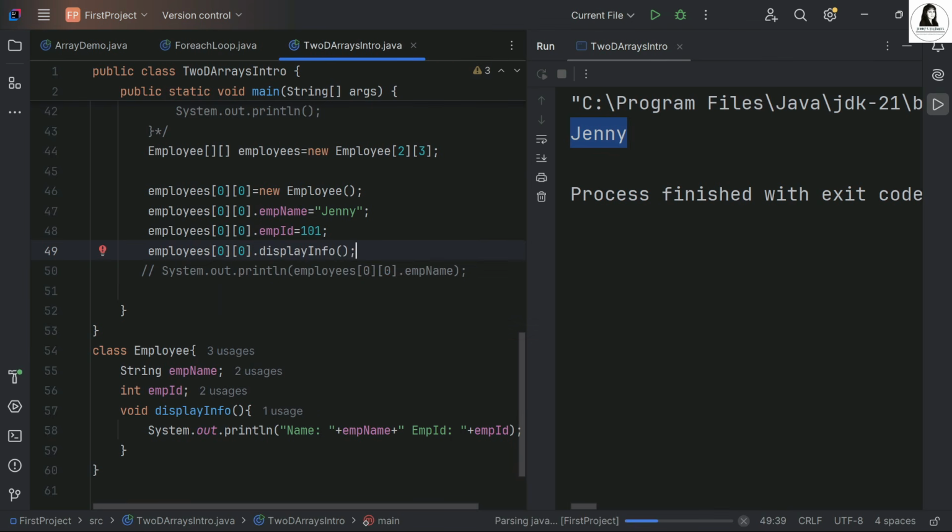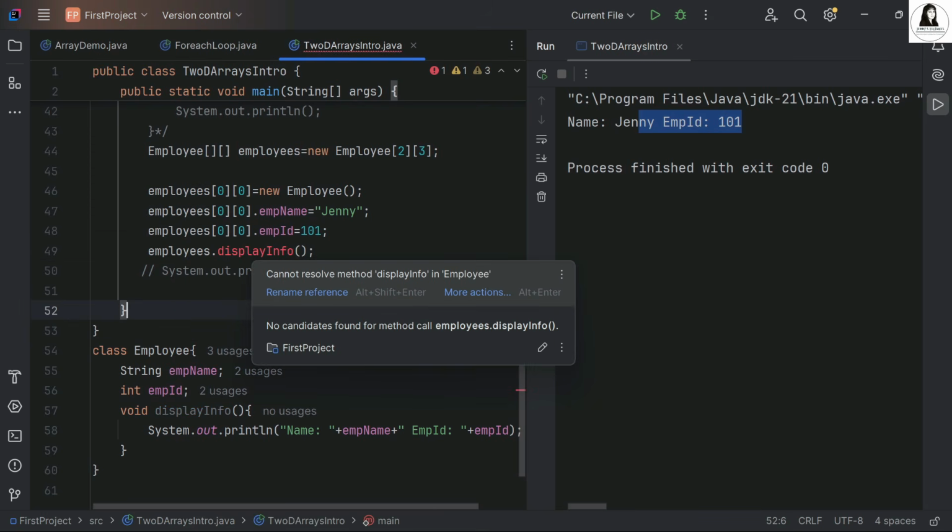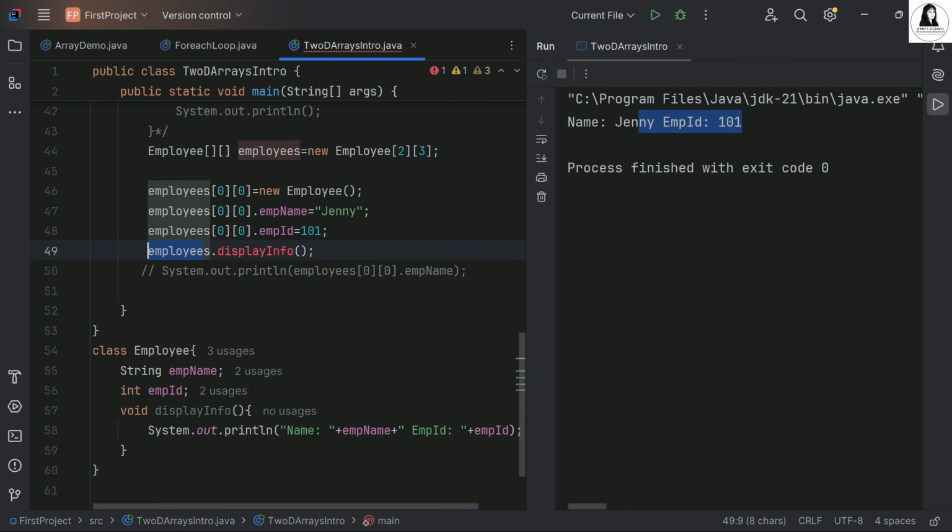Let's run this and it will show the name and emp id. Suppose we want to call this method on employees, simple. See, it gives an error: cannot resolve method display info in Employee,